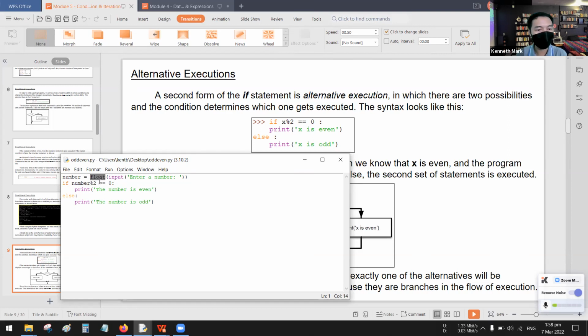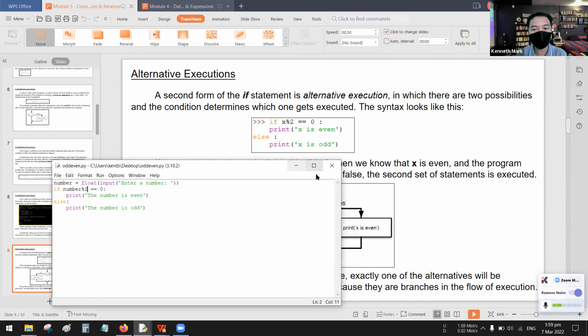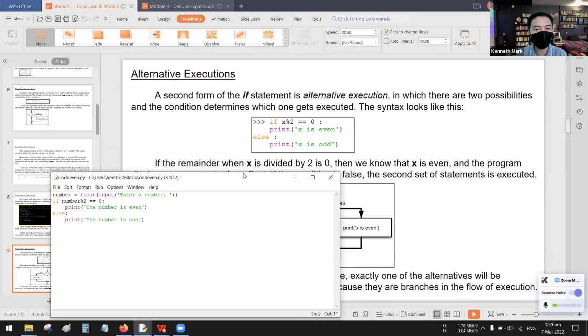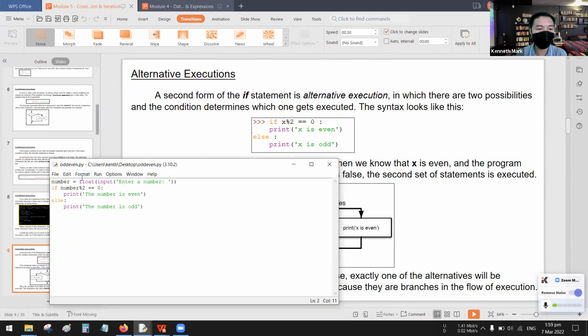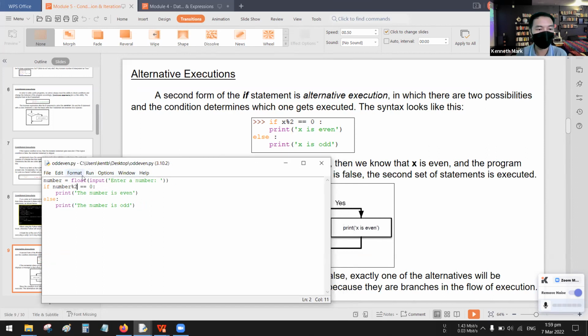So I can use the float function or the int function because this is an integer or a number. Okay, but since this is a quotient or remainder yung kinukuha natin, so probably meron tayong decimal point here. So that's why I use the float function. Okay, so if you run this one,